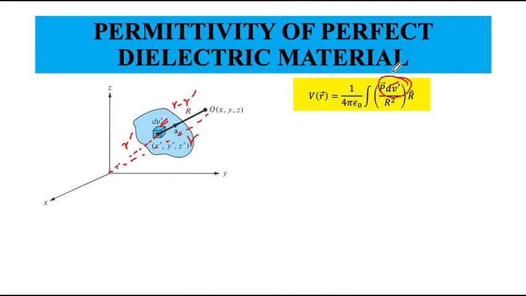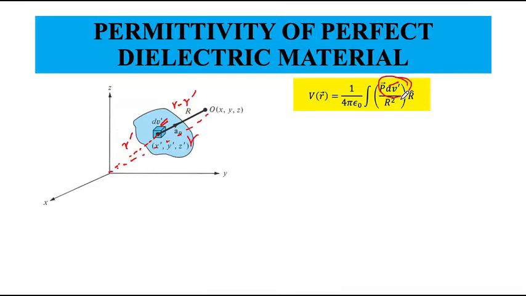Will give me the net dipole sitting inside this volume dV. So this would be the total charge that I have. Now P is a vector, so I need to rewrite this equation in a proper form and write this as P dot r hat by r square. Why is this 1 by r square?